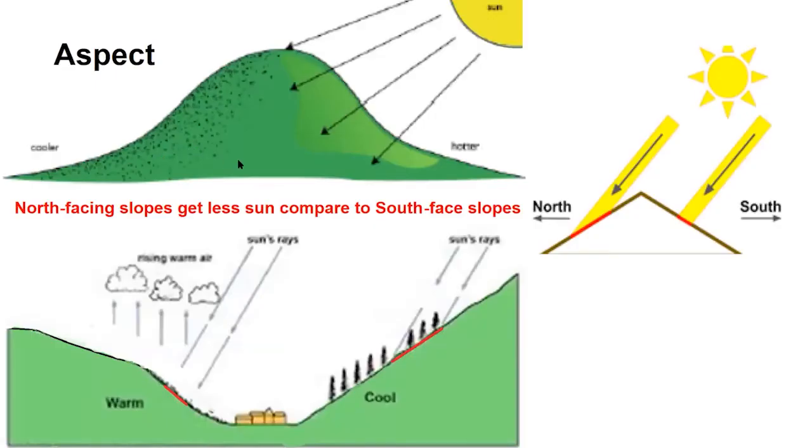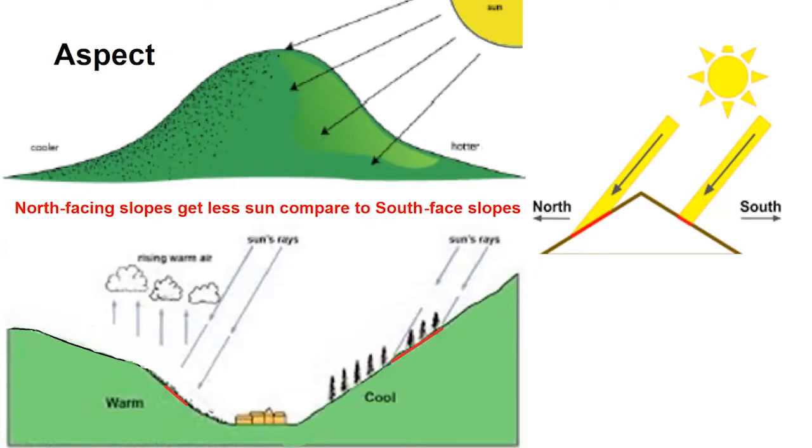So, as I mentioned, the temperature is an important factor. Just by having a slope, I'm not talking about the hill or mountains, just a very mild slope like you have seen. When you have a south-facing slope, it will get more energy or light from the sun, and in the spring you don't have